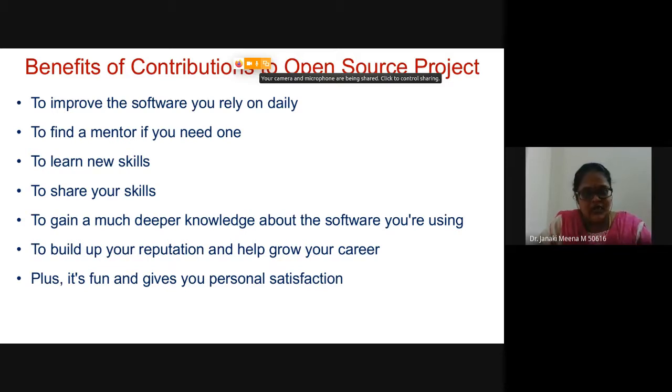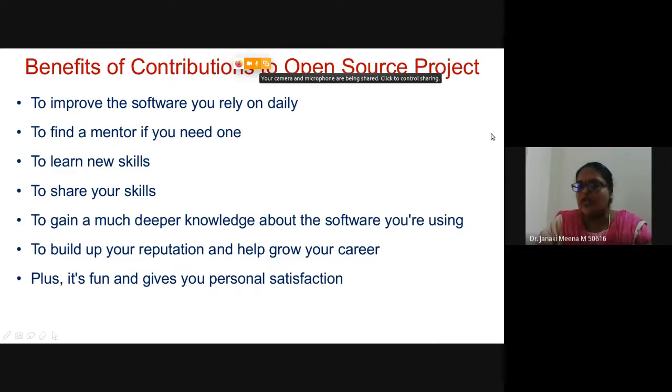So you can really appreciate how your software is working. What is the technology behind it? You can learn a lot about the software which you are using, and also you can contribute. If you could contribute, it's not an easy thing. If you could understand the code and contribute, that will be a great thing. And you will have a mentor who has wide experience and who can give you a lot of insights about today's technology. That mentorship will be very helpful for you.